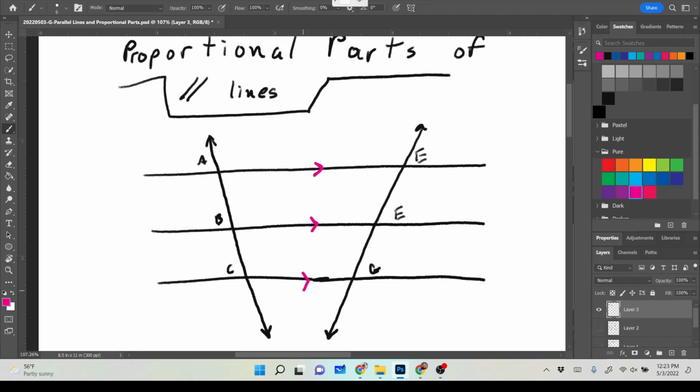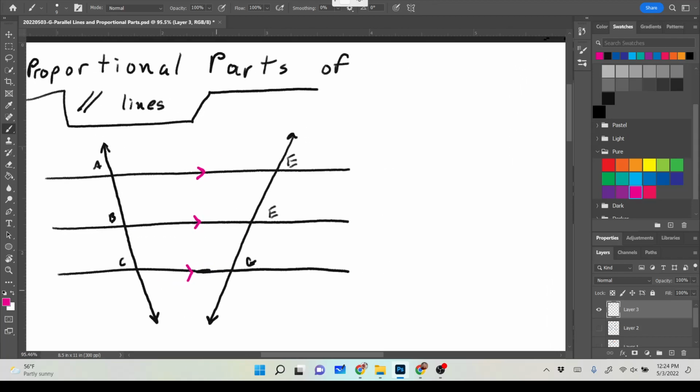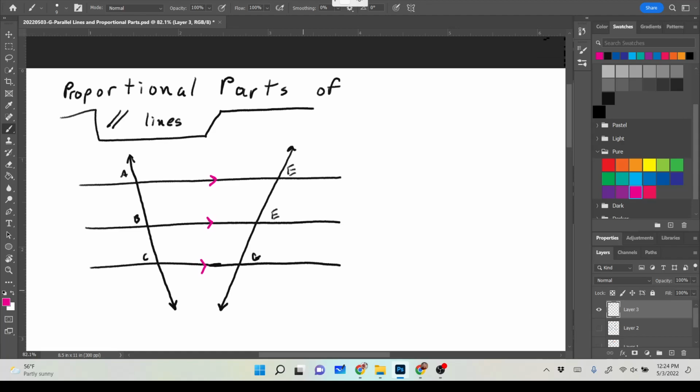So, if we have this kind of setup where we have three or more parallel lines, and this would be true no matter how many parallel lines you have, crossed by a couple of transversals, this would stack. You could Jacob's ladder this up on to infinity, and it would work for all of the little segments. So we're gonna write it like this: if